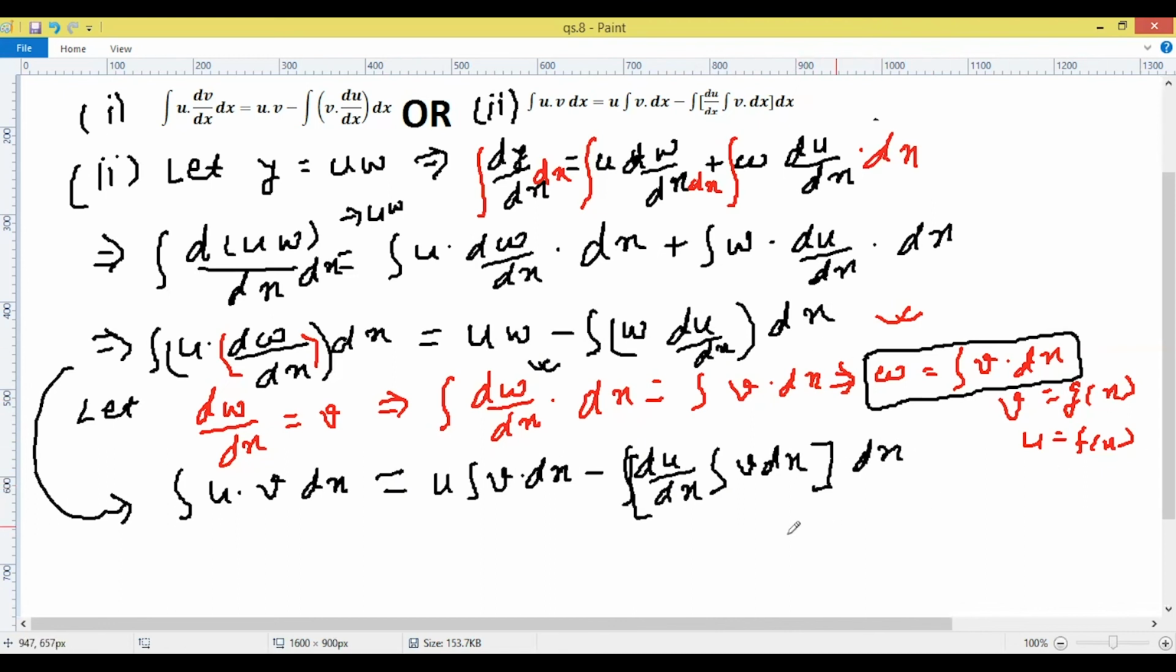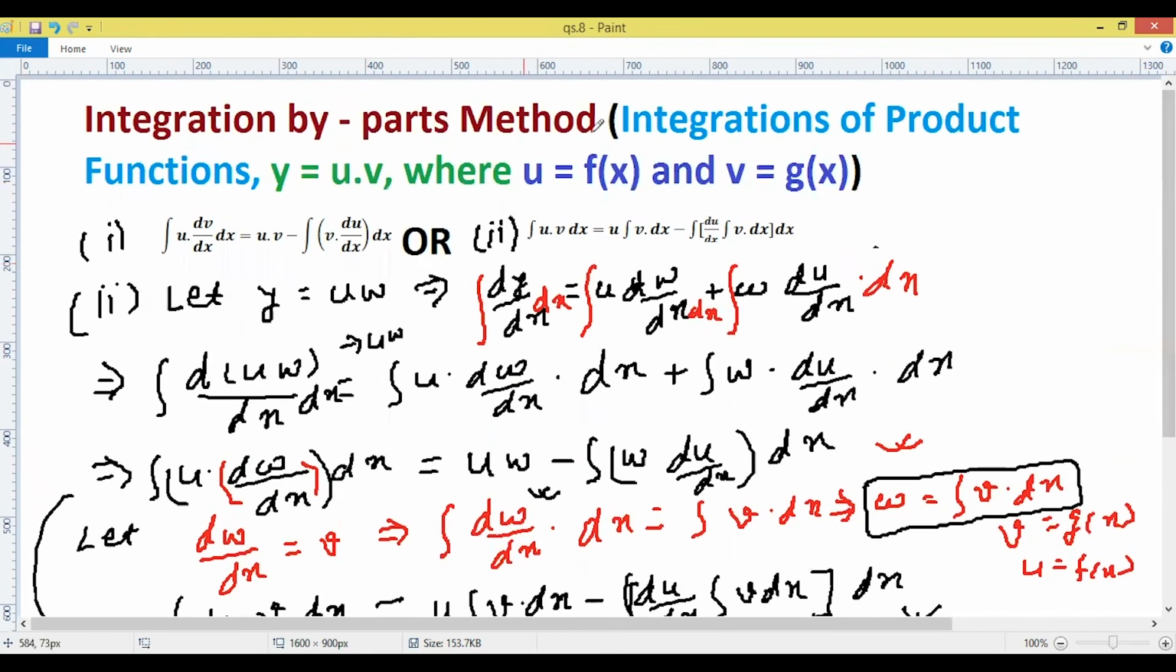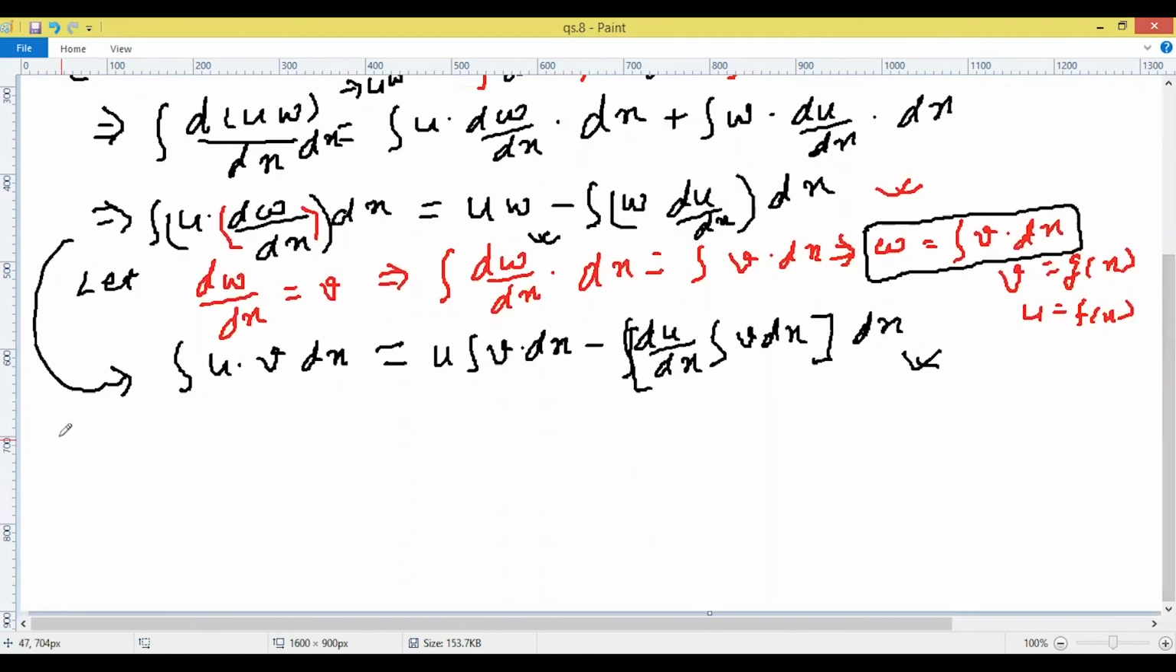So this is another form of the formula to find the antiderivative of the given function by the parts method, or integration by the product method. Okay, and let's apply the same formula to the examples we have done just now. So I'm using this sort of formula